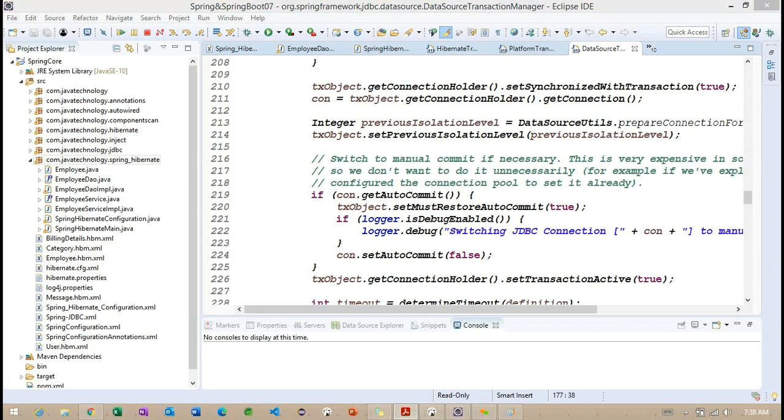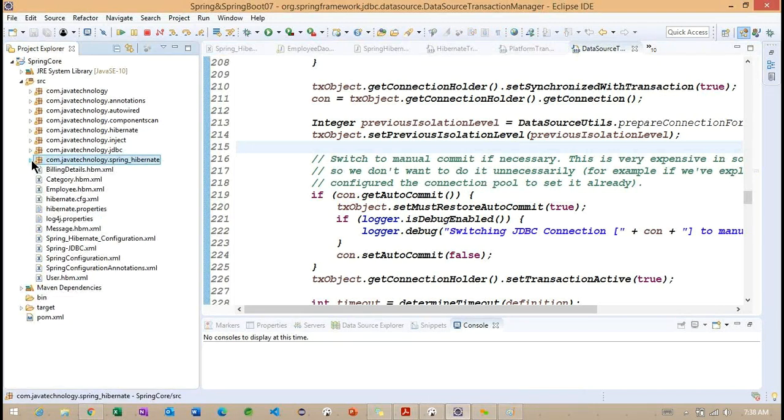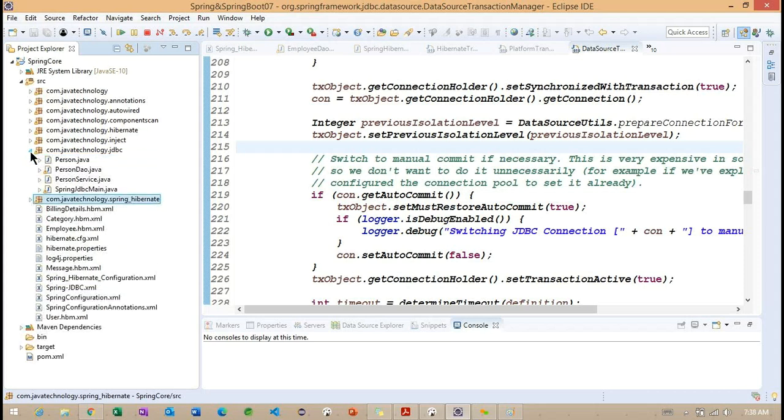With the help of this transaction manager, we are going to work with Spring transaction here. Now, to work with the JDBC transaction, what do we need to do? Now we need to understand here. To work with the JDBC transaction, we implemented Spring JDBC here.